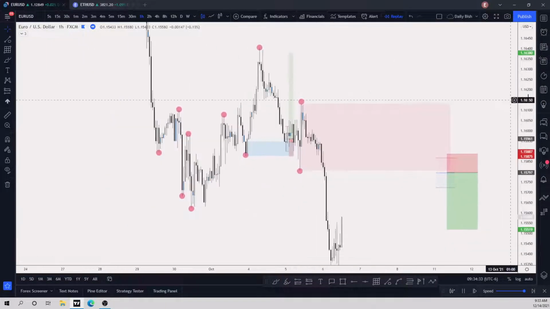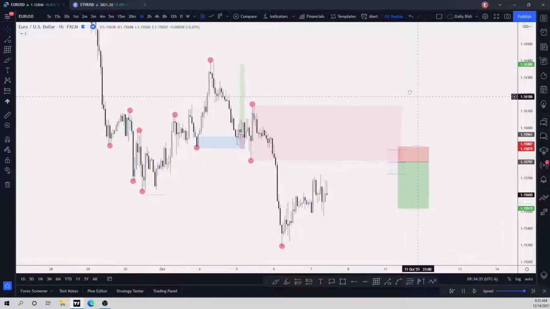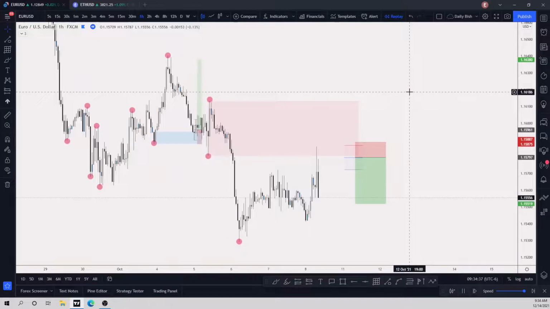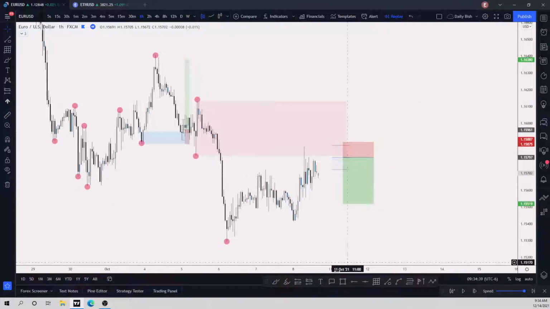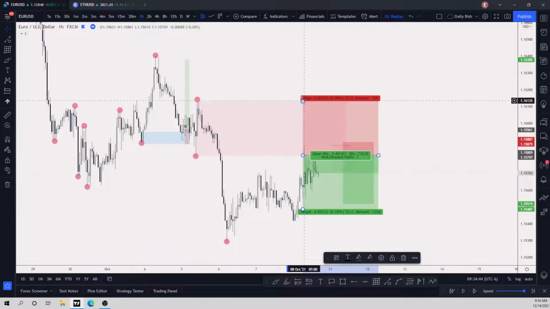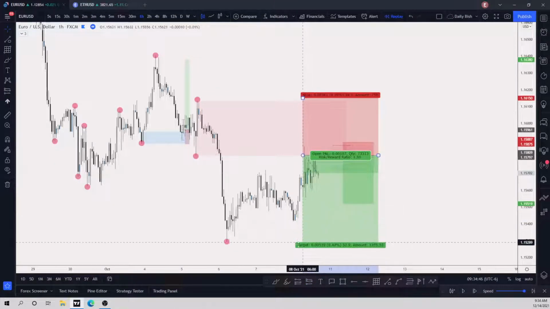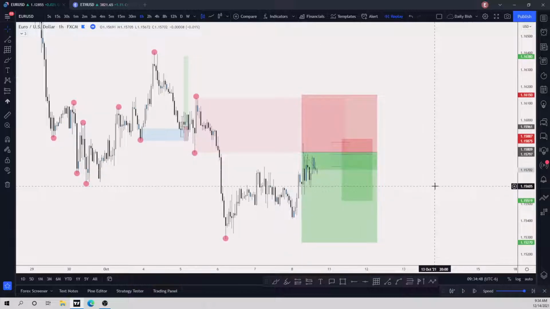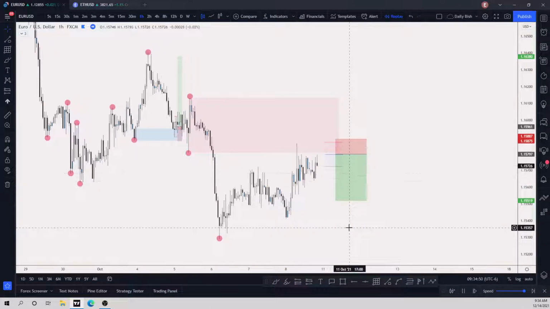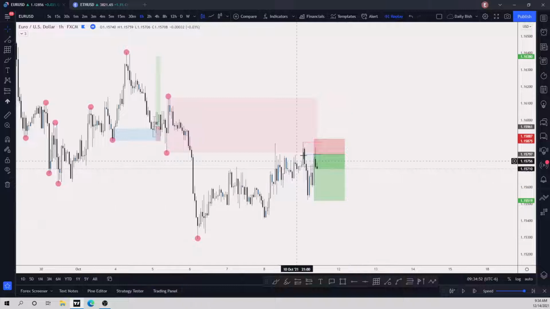So we're following the trend, right? Price is bearish. Price comes into this big demand zone. Now you could just use this, like I told you, right? You could use the full up move. So you could just be like, yep, I'm going to enter here with a 30 pip stop, and my target would be down here for 1.5 pips. That's one way. Another way is to wait for price to come in and give you a nice break of structure,